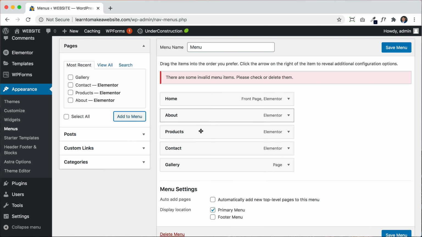And now this is our menu here, and we can choose what order the menu is in. So I can drag and drop to see where the gallery page goes, and I want it to go right next to the about page. You can also make drop downs here. So for example, if I wanted this to be a drop down, I could just plop it over here like